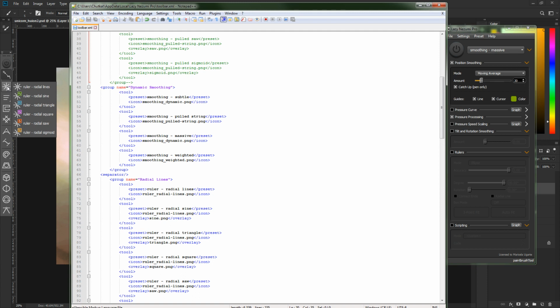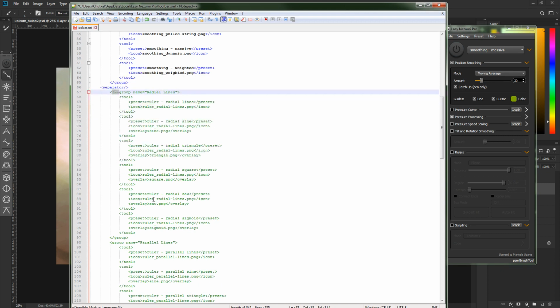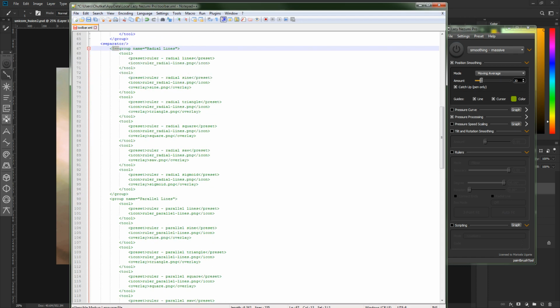So for example, this one, the radial lines, I'm gonna find it and I'm gonna add the comment code, which is this exclamation mark and 2 small underscores. And then I'm gonna go to the end, which is fixed angle lines,